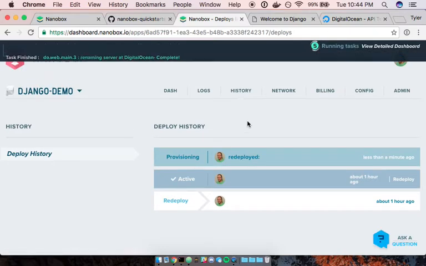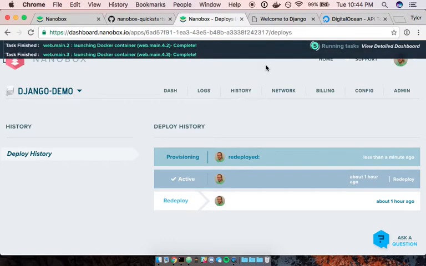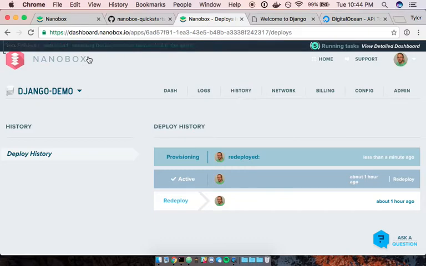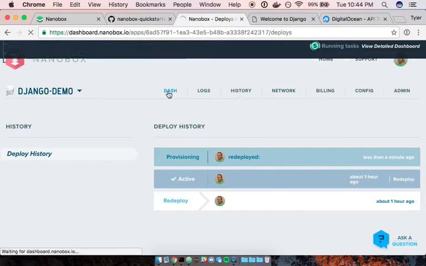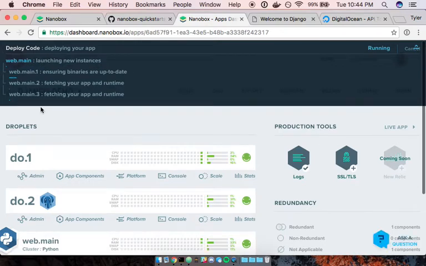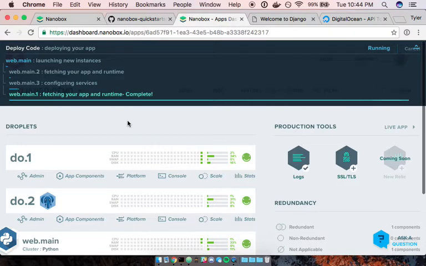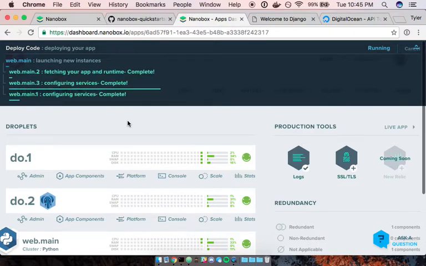Now we can see it's really, really quick to do that. And in fact, if I go back over to our dashboard, I can see exactly what's happening. And this is going to now update across all 3 instances, redeploy, kind of roll back to that broken point